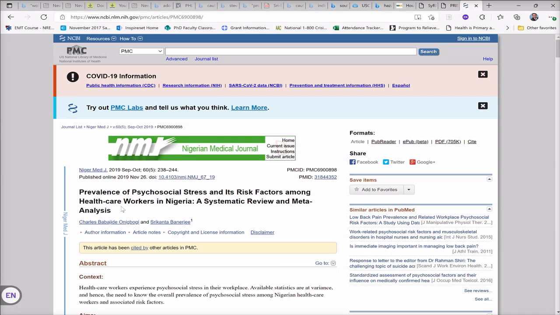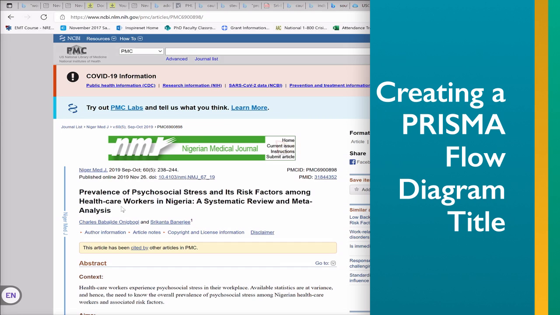And so this is really useful to illustrate how to create one of these PRISMA flow diagrams. First thing we start off with is, at the very basic level, what is the title? And so if you're creating your own, then you of course have to think of your title on your own, something that is appropriate and covers all of the facets that you're going to be including